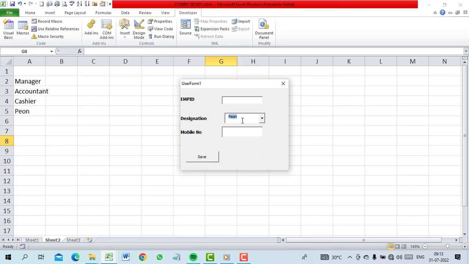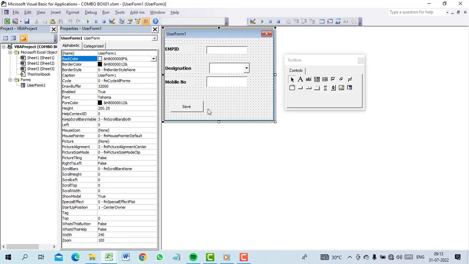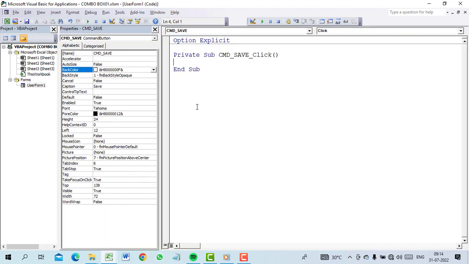If you want to save all these employee ID, designation and mobile number, then we have to write some code on the user form. This is the private sub cmd_save. Here we have to write the code for saving the data from the user form.